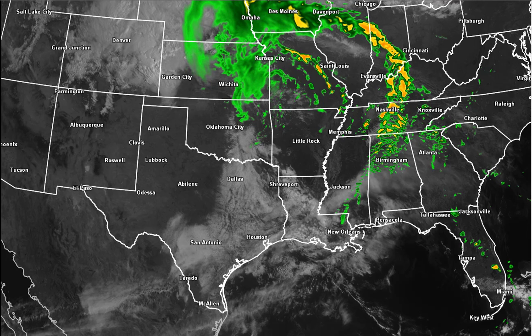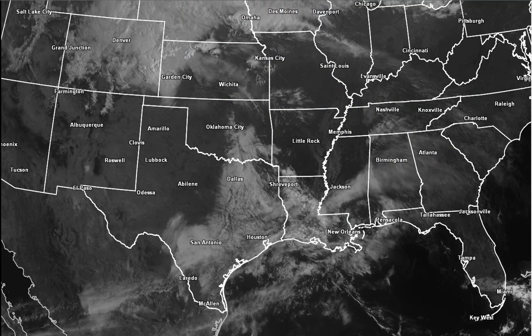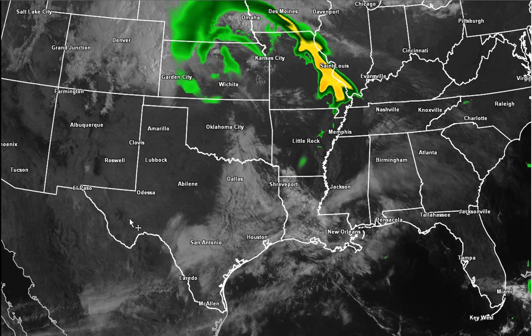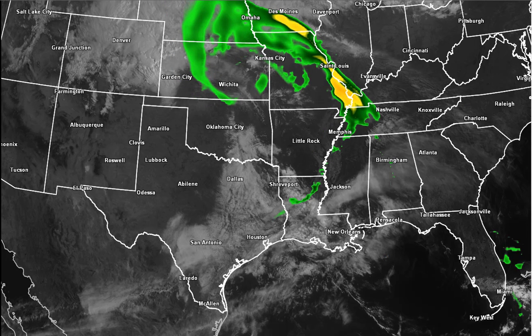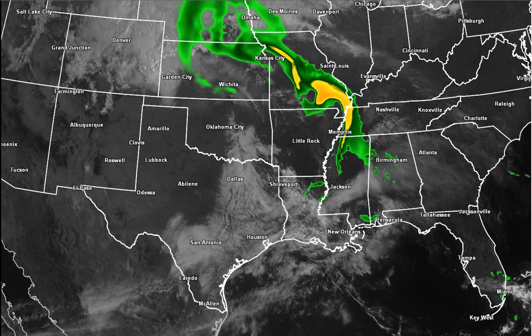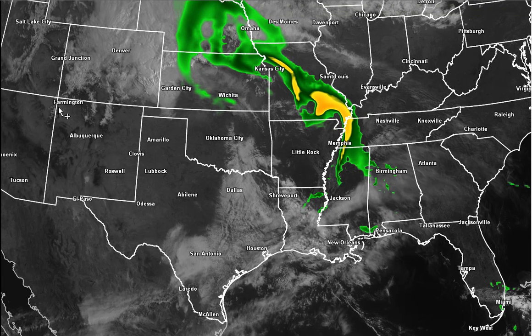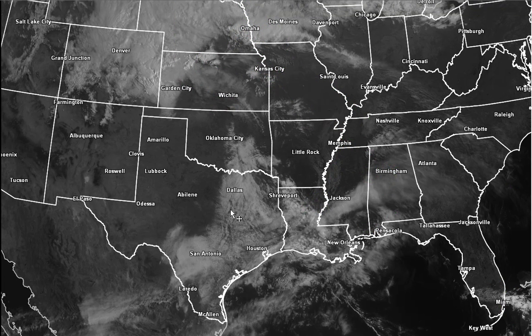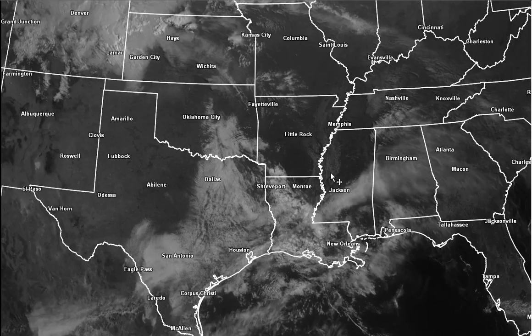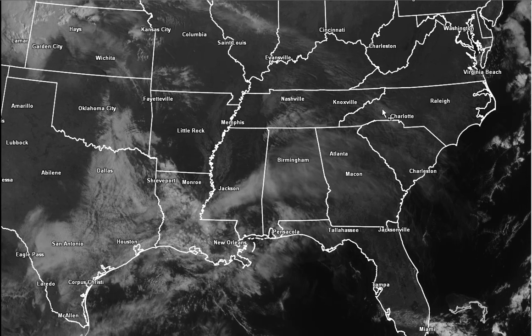So you look at the NAM, same time frame. Let's go back to the NAM here. NAM's trying to do basically essentially the same thing. Obviously the resolution isn't as high, but what it's trying to do is shift everything to the east. So the potential is there that we're going to see some really nasty storms here in the middle of the country. I'm really worried we're going to see some long track tornadoes if any of these supercells could develop. And the reason you have to pay attention if you live here in the Carolinas, excuse me, is